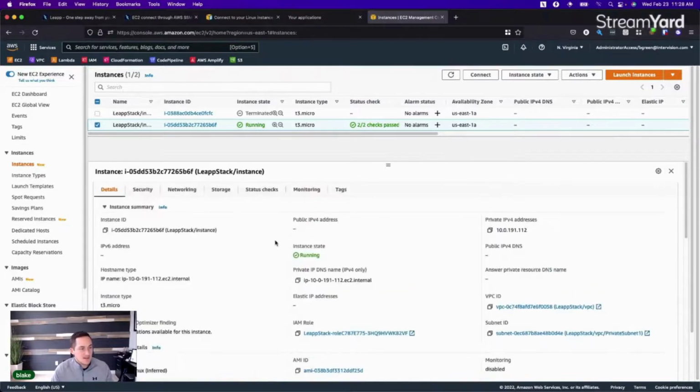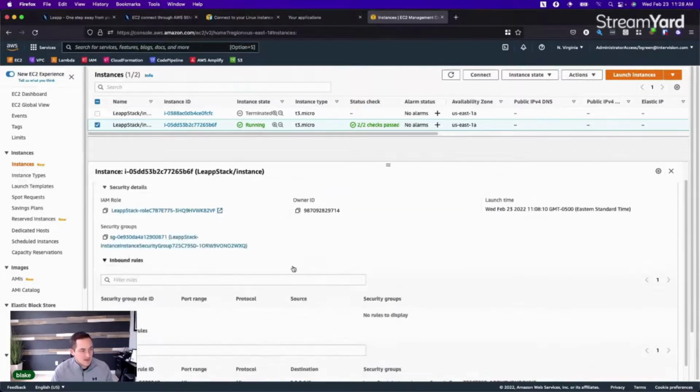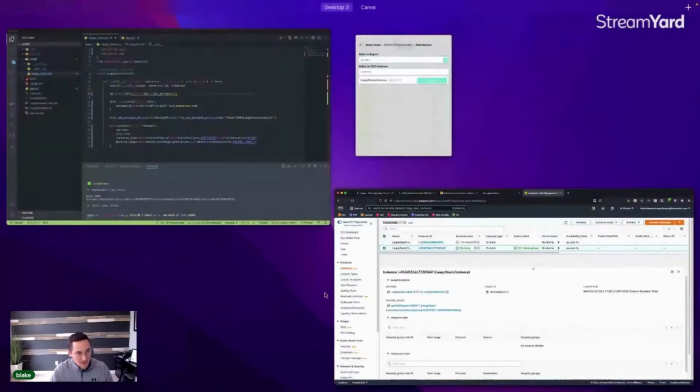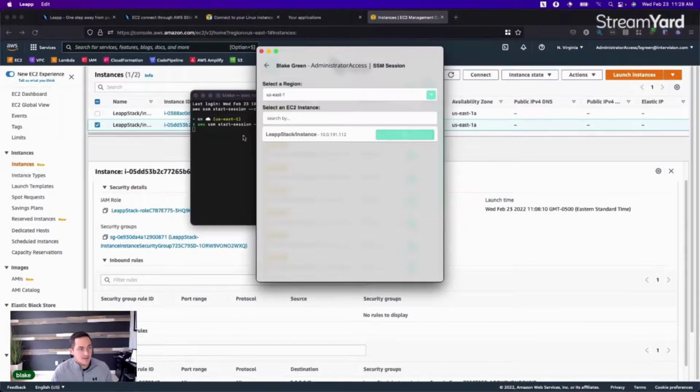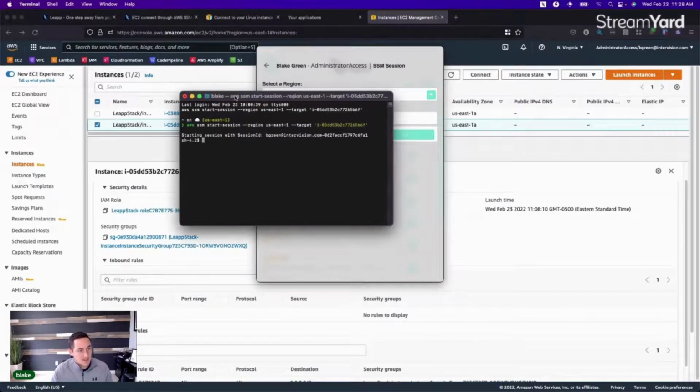The security group here has no inbound rules, and yet if I come back over here and hit this button that says connect, you'll see it automatically opens up my terminal,